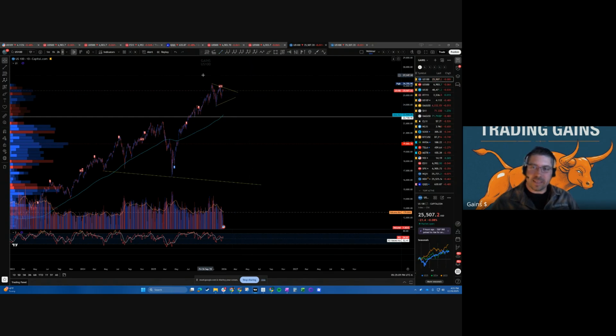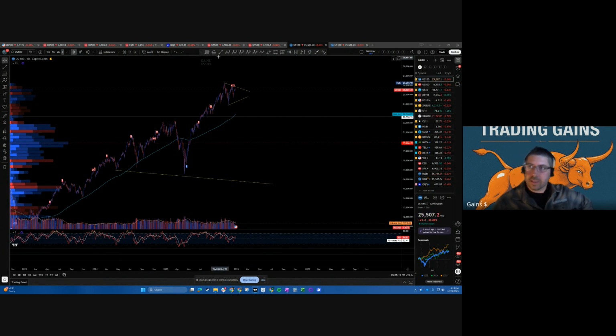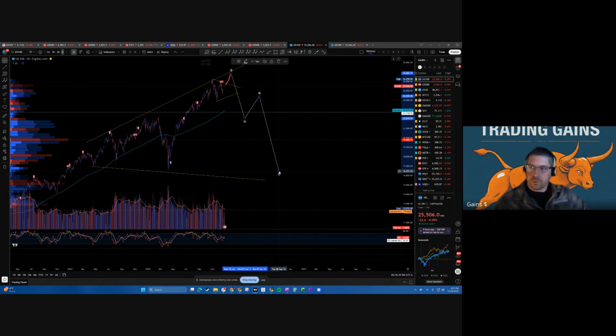But I always err on the side of caution, in just symmetry in general, especially when you're looking at the daily and above, because the market really doesn't move all that fast. So you kind of see a megaphone pattern here, and the next step to a megaphone pattern is likely you'll get some sort of retreat. So let's say you get a blast up, a final sort of run, then you could have some sort of larger ABC correction here, and that's huge. Okay, 40%, that's big, but still, relatively speaking,